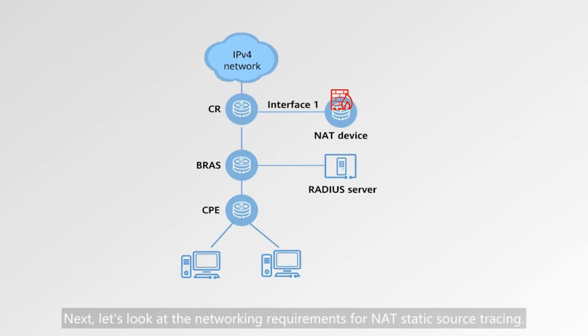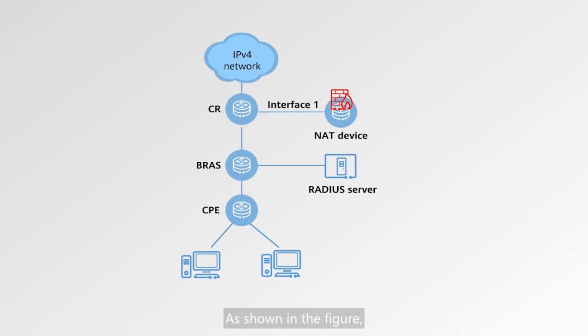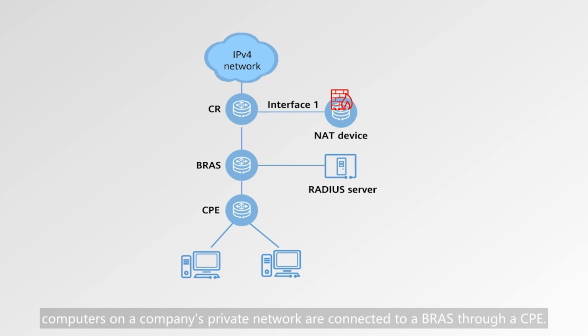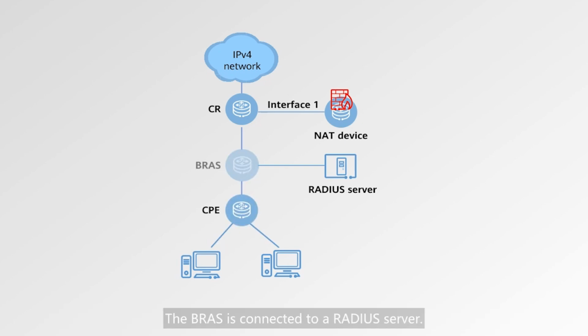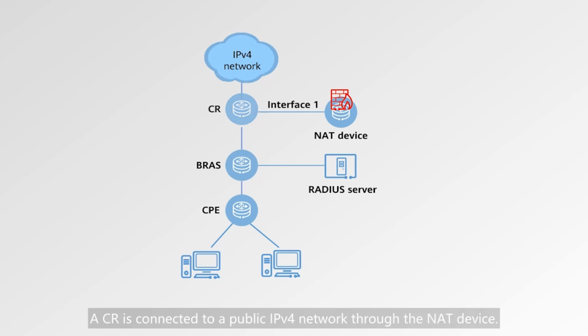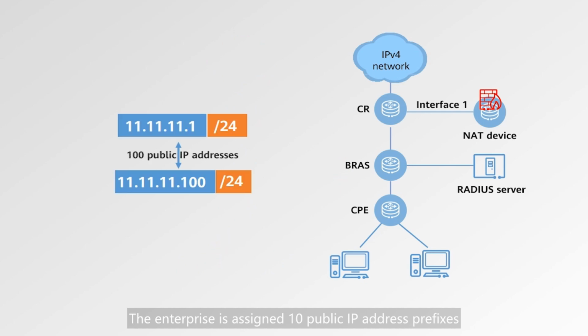Next, let's look at the networking requirements for NIT static source tracing. As shown in the figure, computers on a company's private network are connected to a BRAS through a CPE. The BRAS is connected to a RADIUS server. A CR is connected to a public IPv4 network through the NIT device. Interface 1 of the NIT device is connected to the CR. The enterprise is assigned 10 public IP address prefixes,